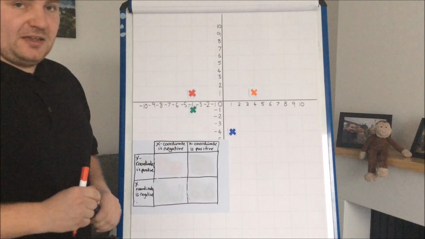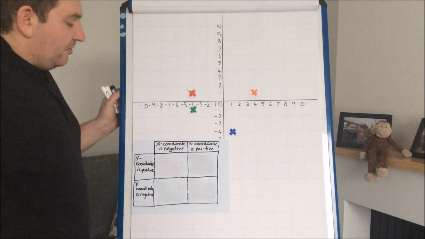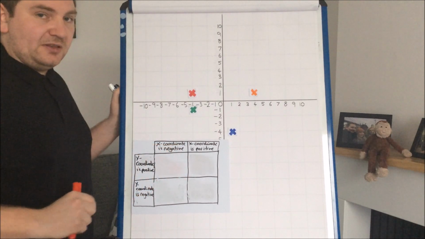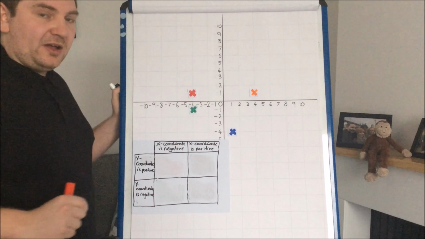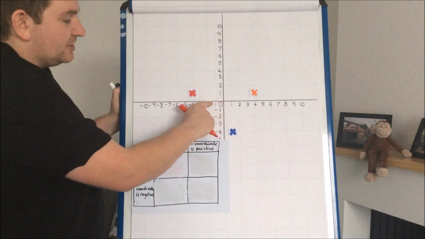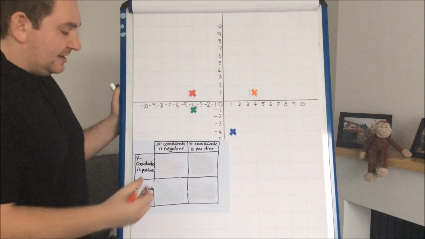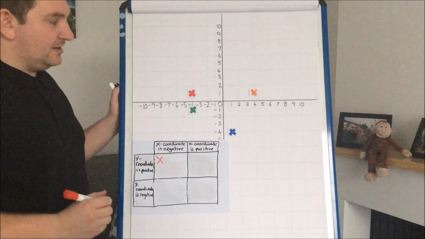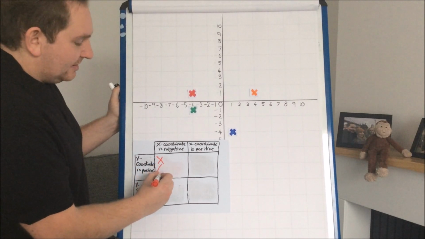If we have a point in the second quadrant, which is over here, we would need to have a negative coordinate on the x-axis and a positive coordinate on the y-axis. So we go along to negative 4, positive y. So that is correct. Our first cross is in the second quadrant at negative 4,